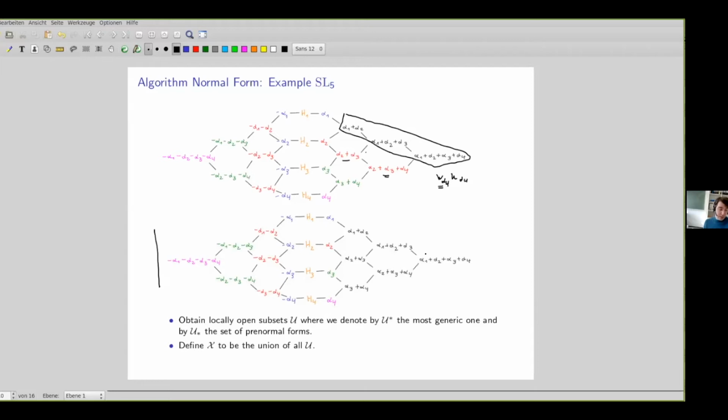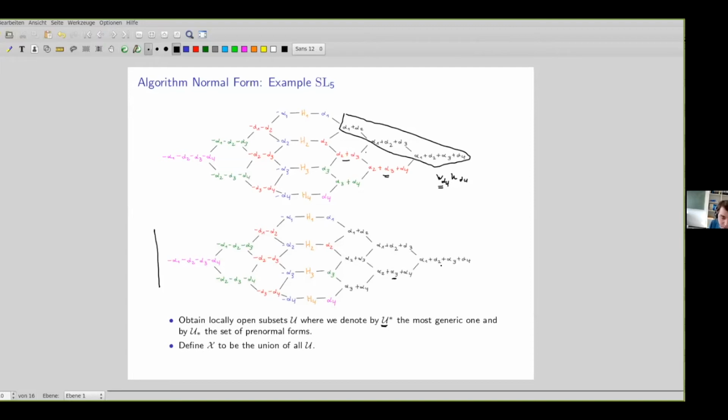Okay, so at the beginning of the algorithm, I said something about a set Mathcal X on which the algorithm is defined. I always said, okay, we assume that this root over here is non-zero, or that root over here is non-zero, and use it as a pivot element. When this is the case, this is the most generic case. We call this subset then, or locally, this open set by U star.